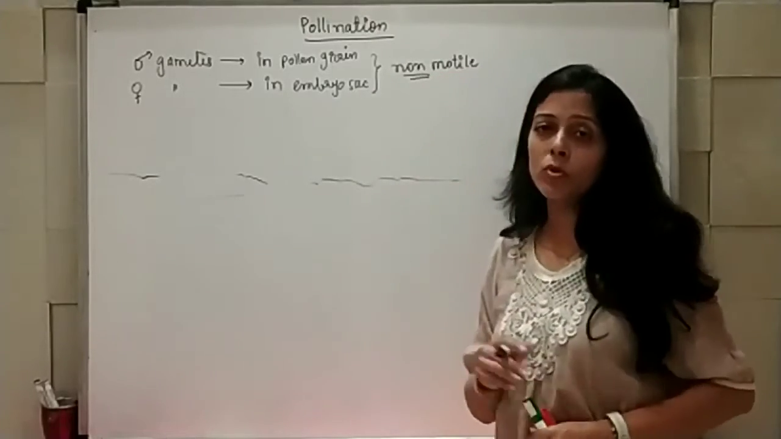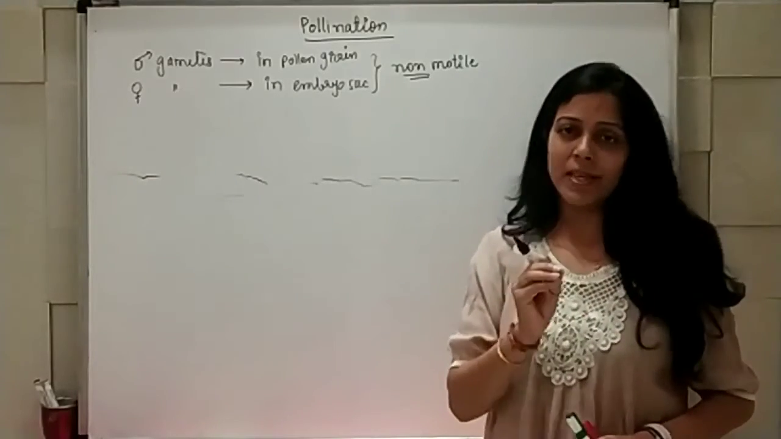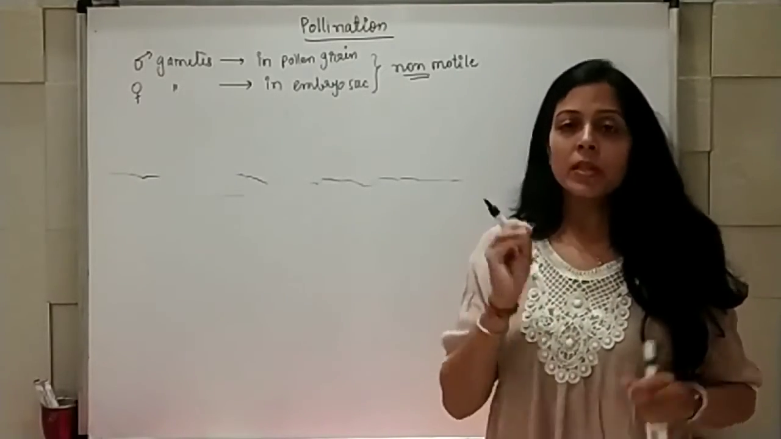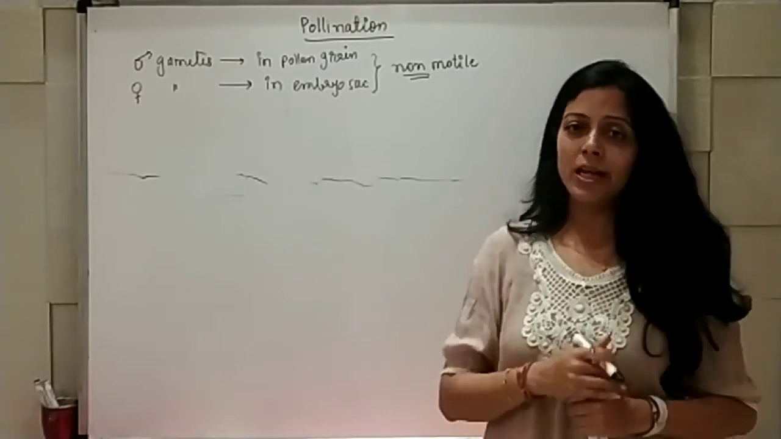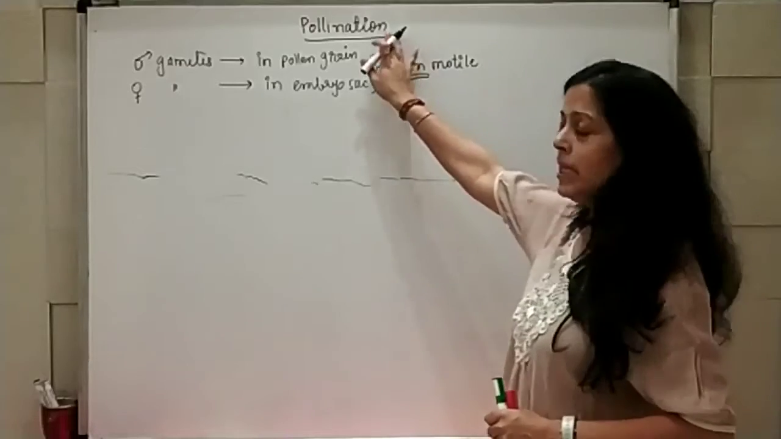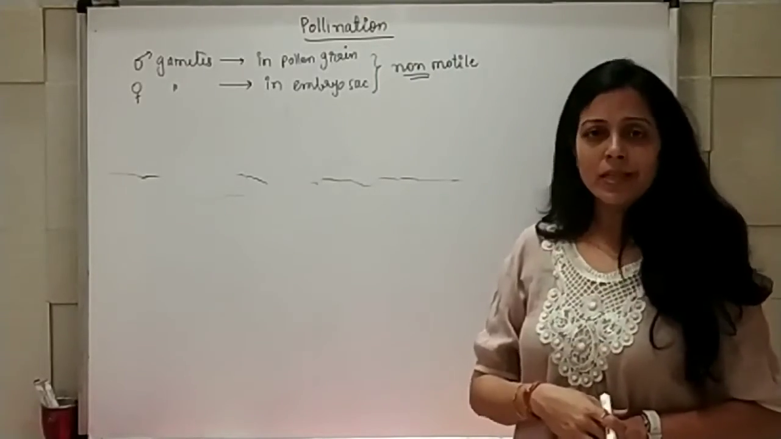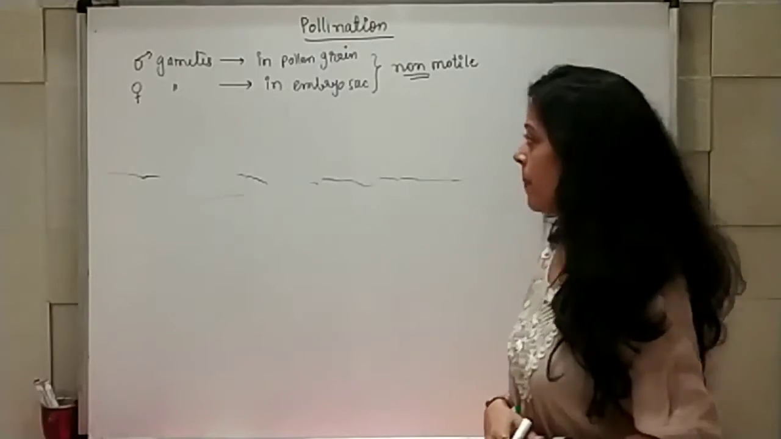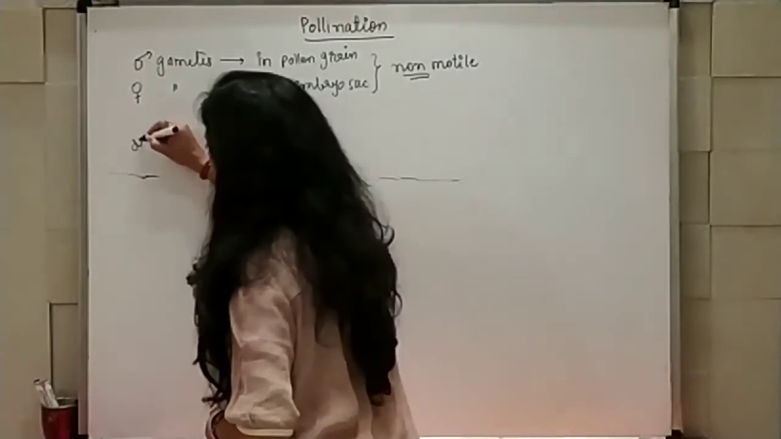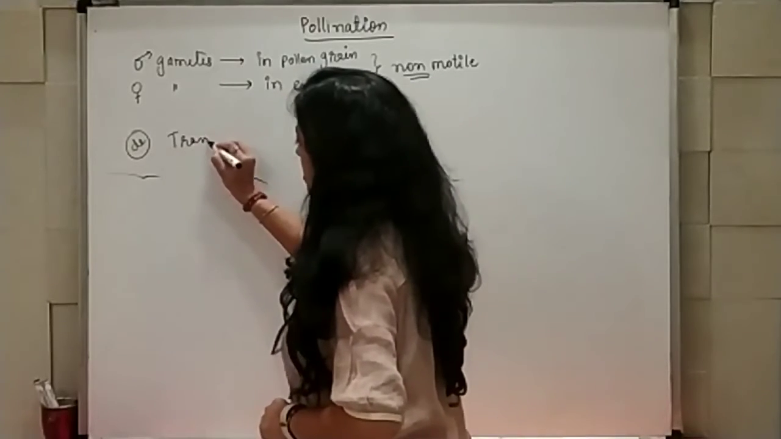And as they are non-motile, there should be some mechanism, some process because of which these two gametes come together for fertilization process, right? And for that, this pollination process is there. So, what is the definition of pollination? Definition of pollination is transfer of pollen